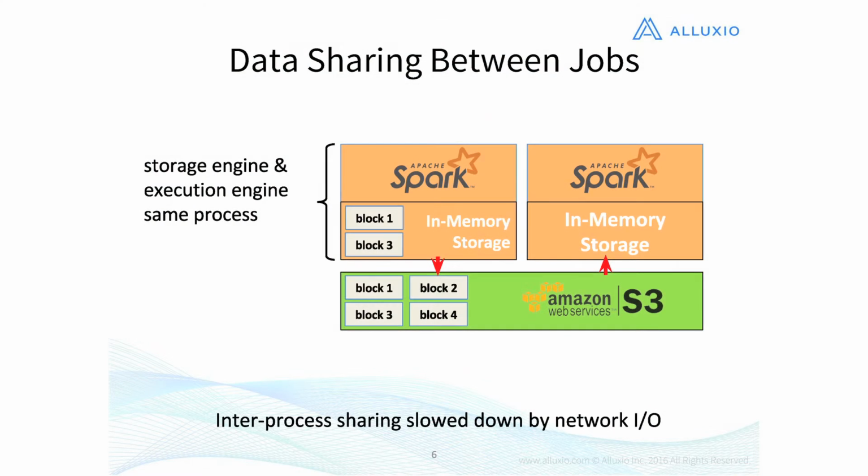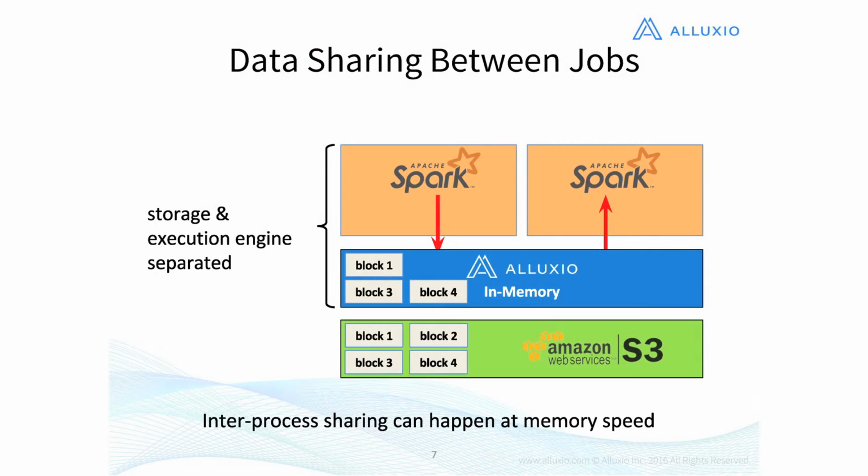So let's take a look at each of these high-level points in a bit more detail. Here is a pretty standard setup where you have your computation framework, Spark, and you're running some jobs. There are two jobs in this case. The first job is working on blocks 1 and 3, and then afterwards it says, OK, I'm done. I finished processing my part of the pipeline. I'm going to hand it off to Spark job 2, which is going to do the second part of the pipeline. Generally, what happens is it writes it back into the persistent storage, which in this case is S3 in our stack. And then the second job is bound by network I/O because it needs to fetch this data